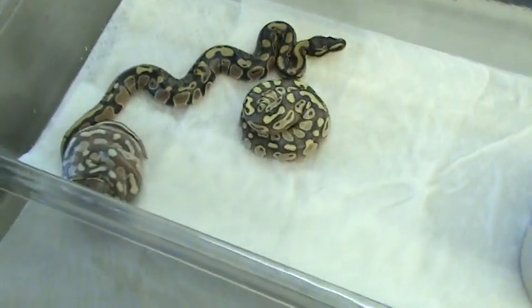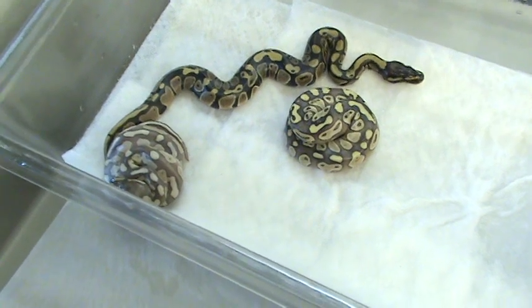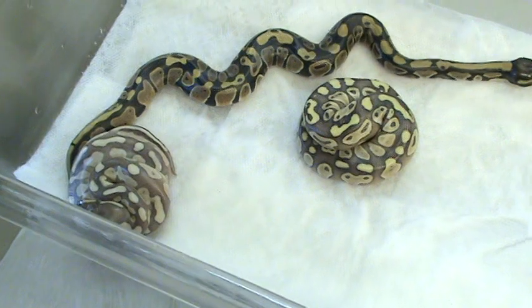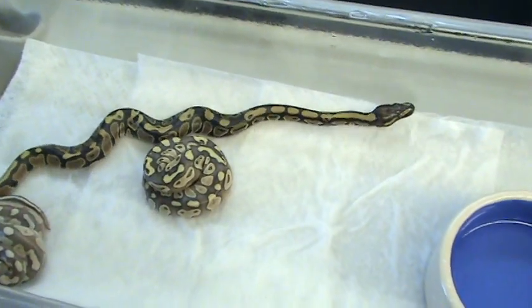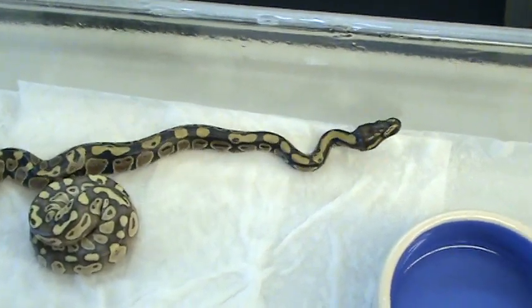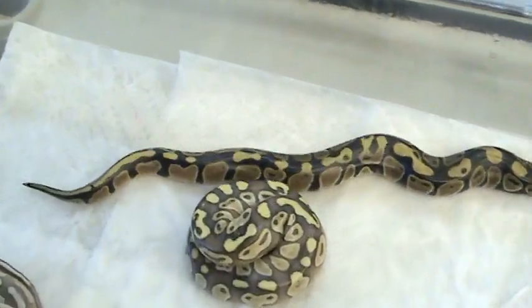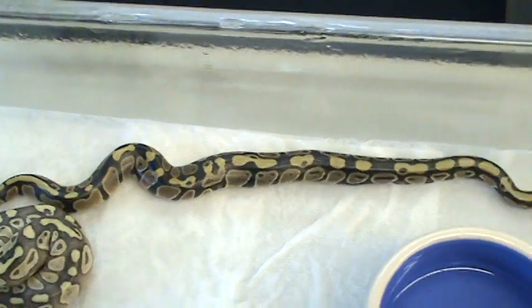09 clutch number 16. This was 3 eggs from breeding a platy daddy to a butter female. And here's the clutch. This little guy, slithering along, that's a het platy. That's just a totally normal looking ball python. That's a normal offspring